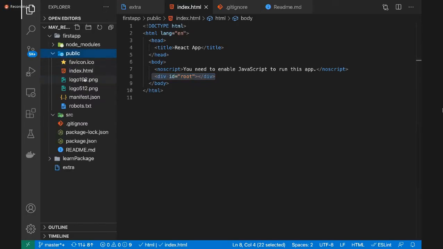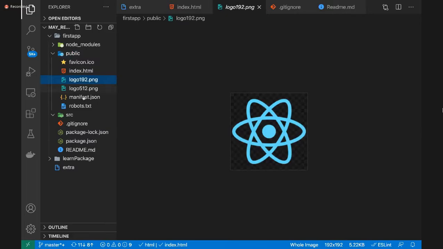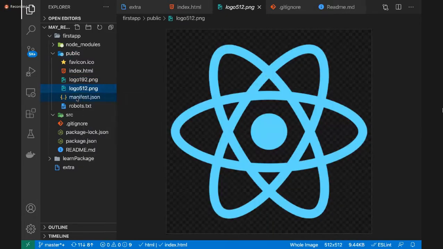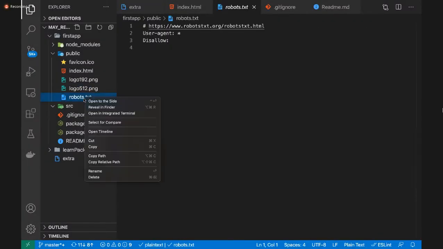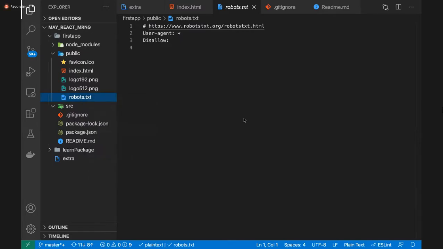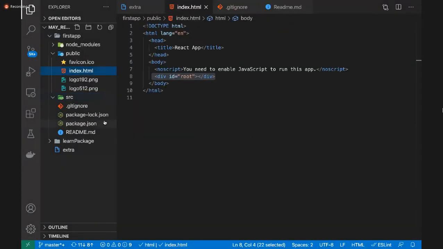Now, what does it have apart from that? It has two logos. Manifest is not required ideally. There's something called PWA apps, for which the manifest is required, and this font is also not required for me. See, this is the only thing. Src is blank right now. Public has one file called index.html, with the basic content here, guys.